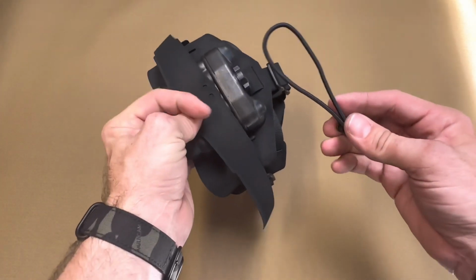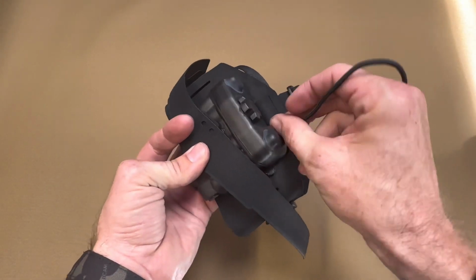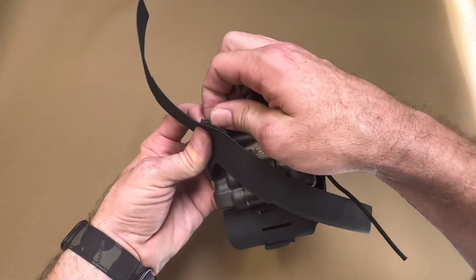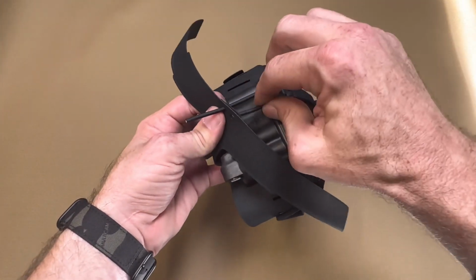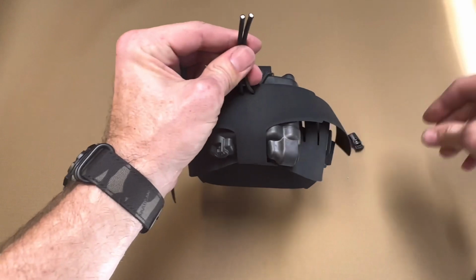It comes with a piece of shock cord and a barrel lock. This piece of shock cord is going to route through this channel right here. And that's going to come down and it's going to go through both layers. So once the holes are lined up, that goes through just like this. Take your barrel lock,